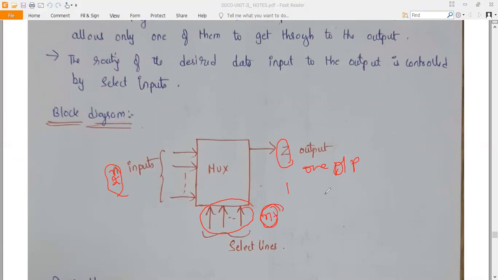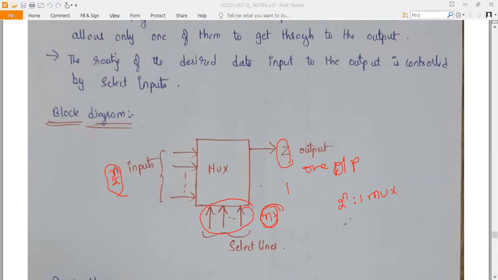In this way the multiplexer is designated. In short form we write it as 2 power n is to 1 mux. The mux stands for multiplexer. Here n starts from 1.